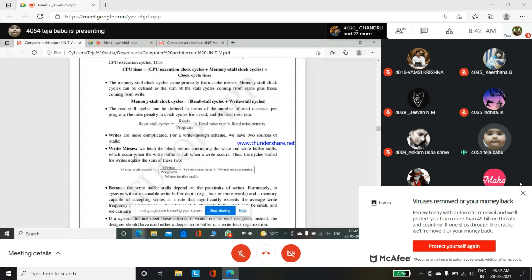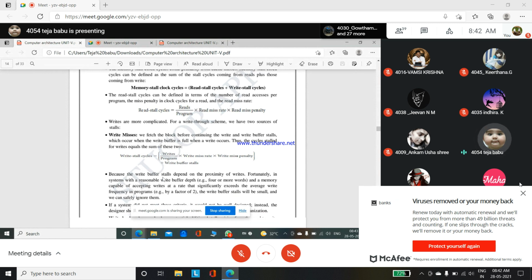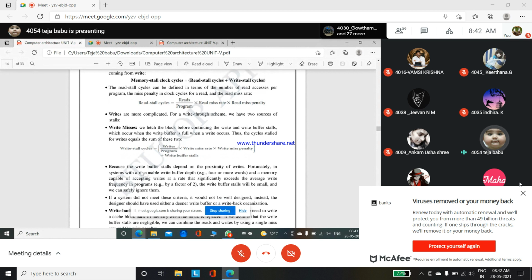So write means we fetch the block before continuing the write, and write stalls are performed as before in the read stalls. The same will be performed here, but with additional write buffer stalls added, and we can neglect the write buffer stalls in this process. Because the write buffer stalls depend on the proximity of writes, they are very near and close to the writes. Fortunately, in systems with a reasonable write buffer depth,